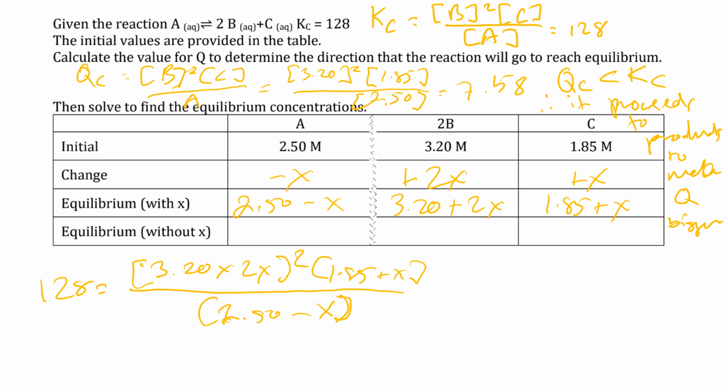So hopefully you have the numeric solver for your calculator, and from there you can figure out what the answer is. So when I do this, my x actually equals